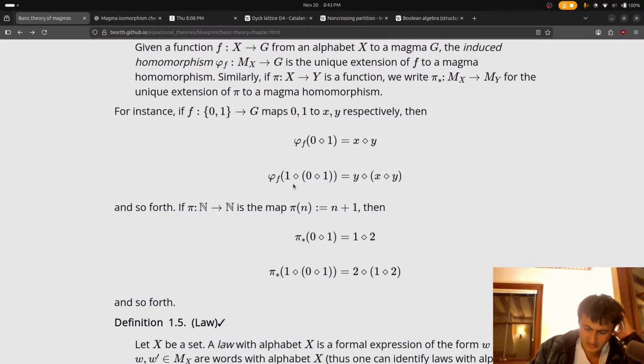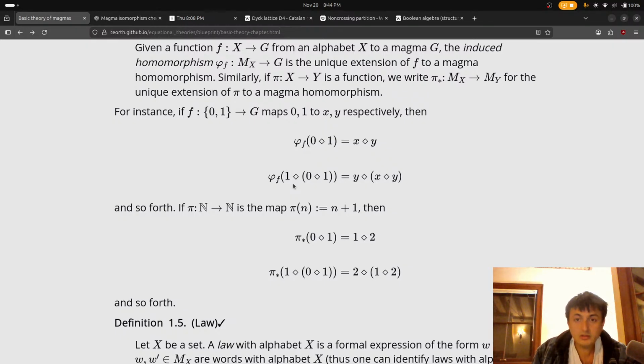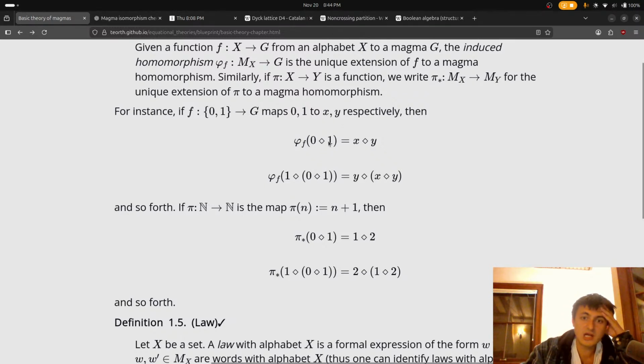Okay, so he says if f on {0, 1}, which is X, goes to some magma G, then, oh shoot, if I say f where 0 goes to x, 1 goes to y, then we take an element, so 0.1 is an element of MX.